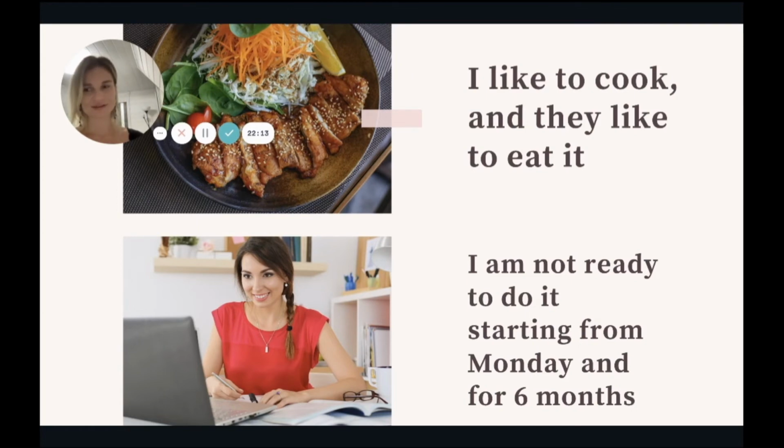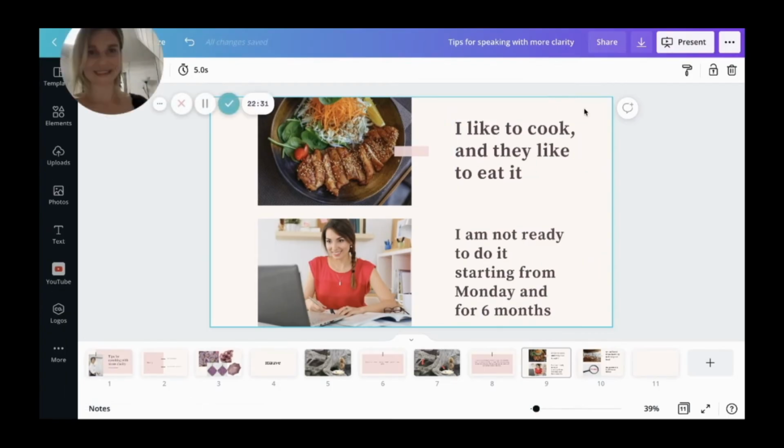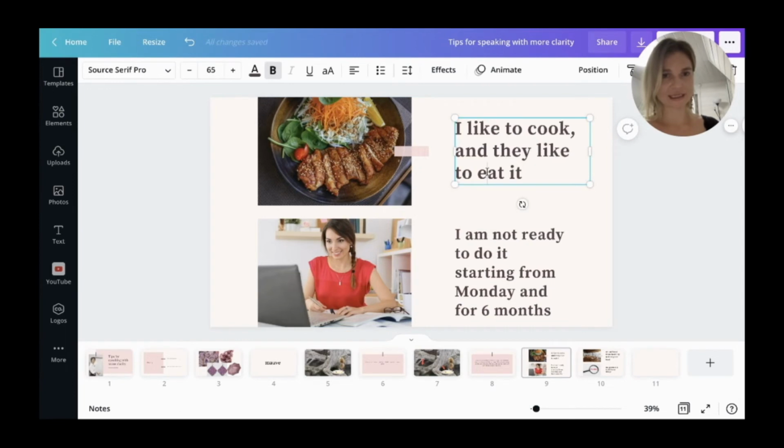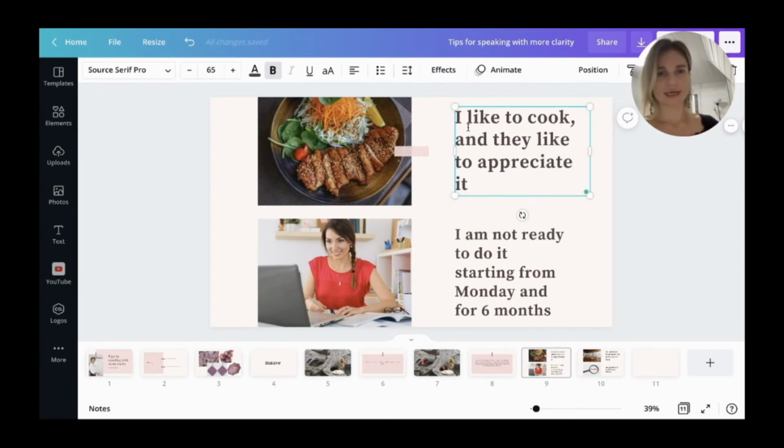I remember a conversation with my British friend. I think I was bragging that I could cook very well. And he told me, you know what, I'm not very good at cooking, but I'm a very appreciative eater. And I asked myself, what if we replace the word cook, the word eat, with appreciate? I like to cook, and